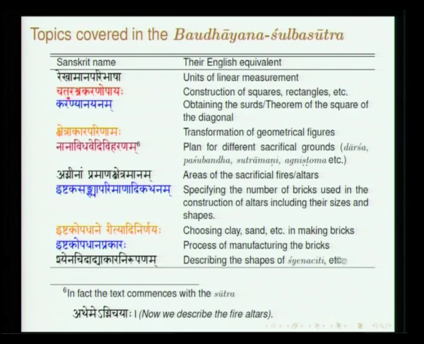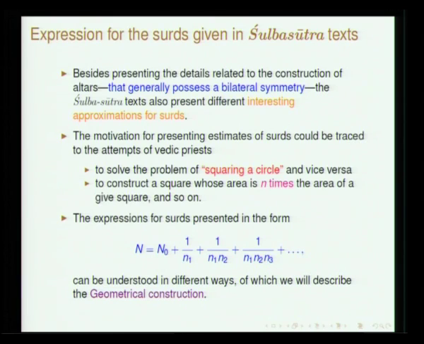So, you have to just pile the bricks. All that is discussed here, and they also discuss the kind of material which has to go into the preparation of this. This is another interesting aspect which one finds in Sulbasutras regarding the construction material and the process which has to be followed to see that the bricks that you create are solid enough, and so on and so forth. Then how to manufacture bricks. So, these are all the contents of a typical Sulbasutra text. Not every text will discuss every aspect of it.